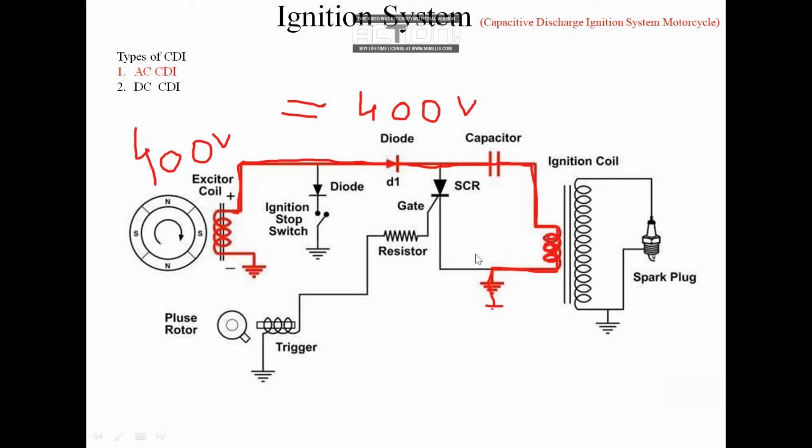It won't give a supply, or it won't energize your primary winding with that much high intensity. As soon as it reaches that potential of 400 volts, till that time this peak, or this extension, comes in front of the pickup coil. As soon as this peak comes in front of the pickup coil, the pulse gets sent to our transistor.